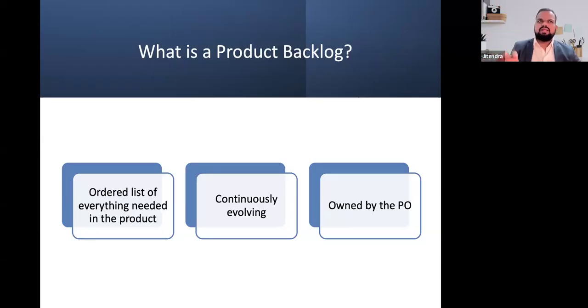Now, is it possible that you will be able to do everything in a day, in a week? No, it will take time. So first you need to have a list of your wishes, and that wish list is what you have. Same thing if you try to relate it: if you are someone who is going to build a product, what you are wishing to do in the product is your product backlog, in layman's terms.